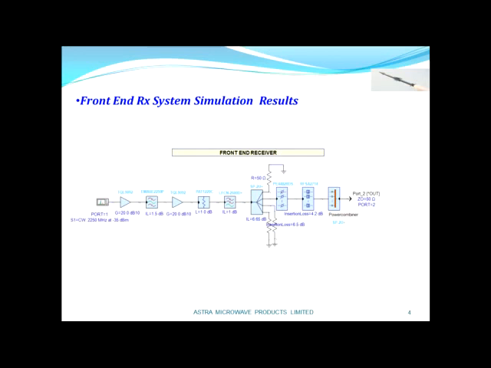At that time, the cascade Microsoft Excel sheet or the cascade analysis does not care about the P1 dB and port to port impedance mismatches, as well as the IMD products. So the system view receiver from the ADS will give much more accurate results.